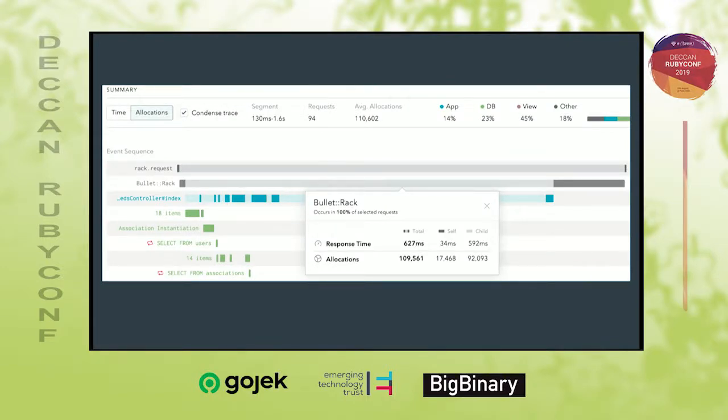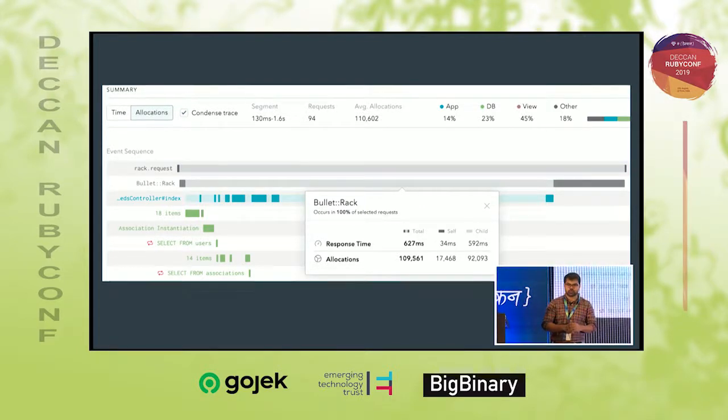Apart from derailed, I also found a few other tools that are quite useful. One is Scout, and the second one is Skylight. Skylight is an application performance monitoring tool. You can include that in your Rails application. It is quite light, and it gives you time and allocation, these two options. As you can see here, there is a time and then there is an allocation at the top. Right now I have selected allocation, and I can see all the allocations that have happened for various parts